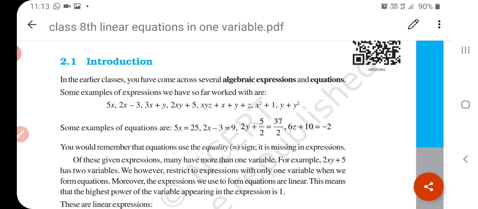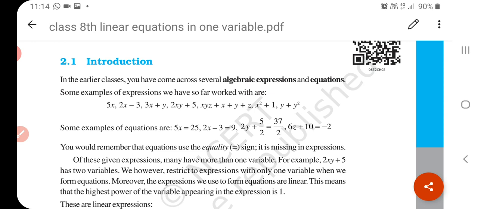Because a linear equation of one variable is a mathematical sentence with an equal to sign in it. If algebraic expressions are logically equivalent to a sentence or phrase, then linear algebraic equations are the equivalent of a full sentence. The main difference between a phrase and a full sentence is the presence of a verb, and in the case of an equation the mathematical verb will be the equal to sign. Understand?